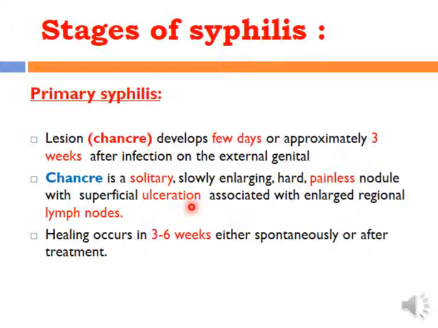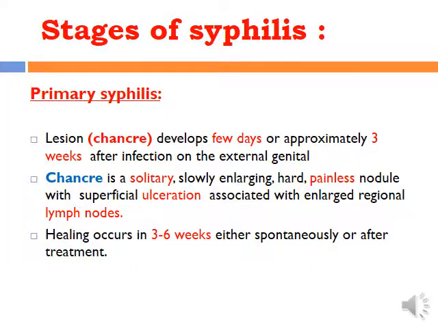So in primary syphilis there is chancre plus sometimes regional lymph node enlargement surrounding the chancre area, and this usually heals within about a month